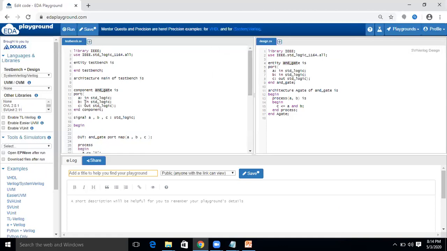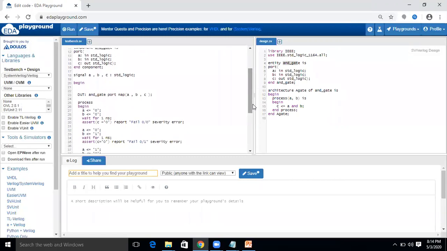Then A and B as the inputs, C is the output signal, as we have defined in the design code. The same thing you have to use, but as a component instead of entity. This is the difference between the two codes. Then you have to end the component by using the command end component.